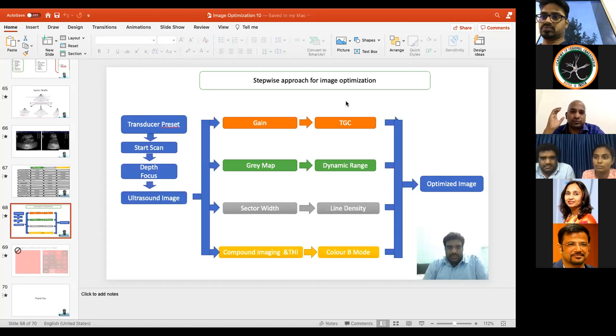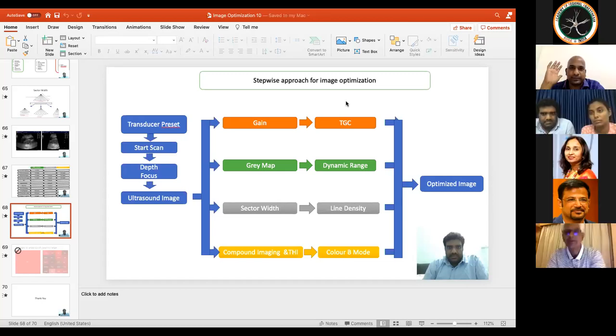So the fellows should not think that since we have explained about 15 parameters, should I adjust all these buttons to get an optimal image? It's not so. If you do an effective PART maneuver and get maximum returned echoes, 80% of your image optimization is done.